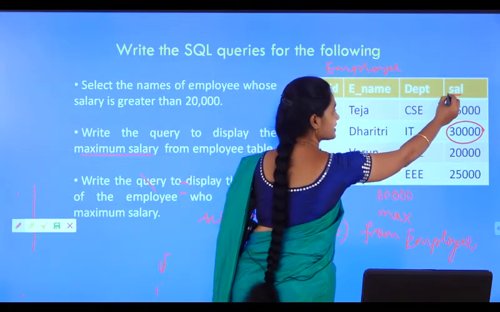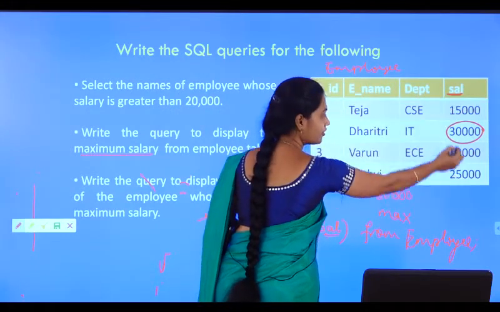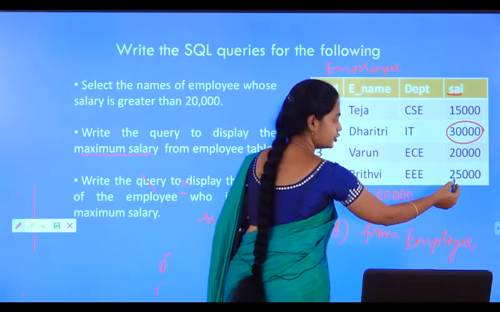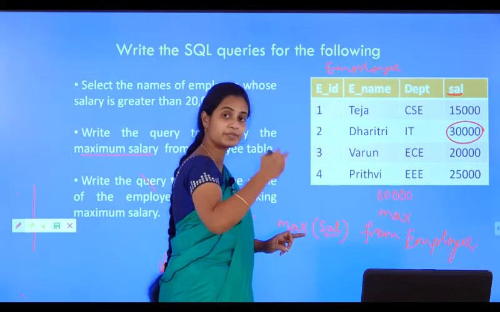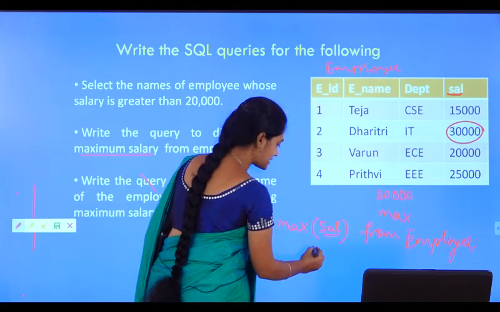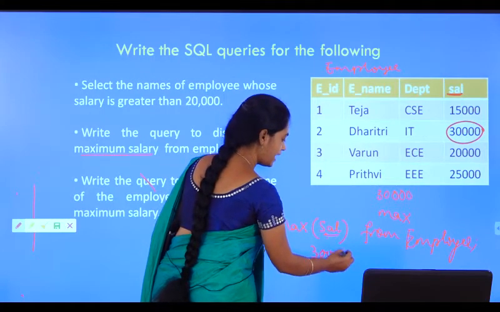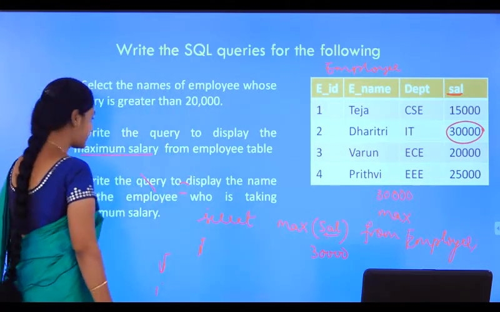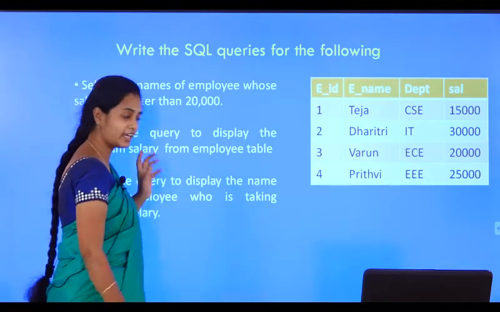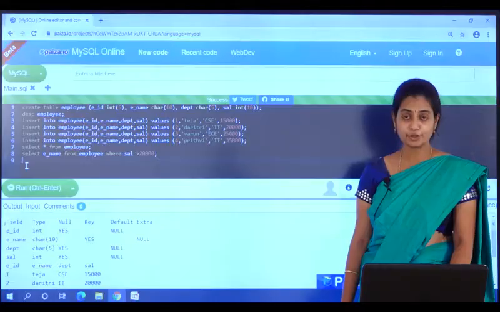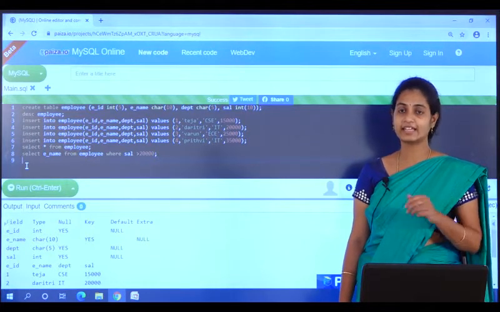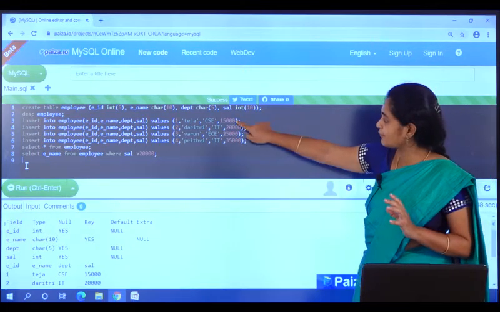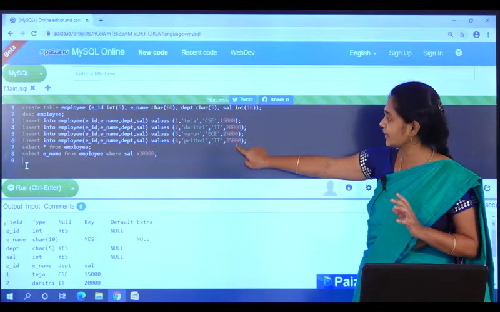Directly it will go to the salary attribute and check all the numerics we have in the salary. Out of these numerics, which one is the highest? The maximum value, 30,000. So it will select 30,000 from employee. So this is how you need to write the query. Now, let us check whether this query will run in SQL or not. I need to find out the maximum salary in the employee table. So see here what the maximum value is: we have 15,000, 20,000, 25 and 35.